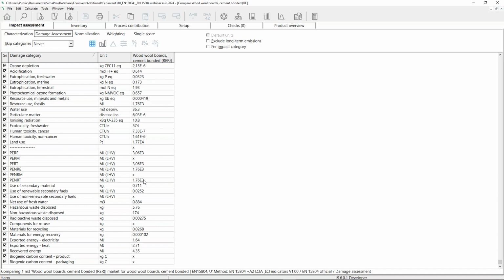That has to do with the way we had to model. So it will only provide the correct results after the adaptation that I will show you in a bit. So let's go. I will close this window.